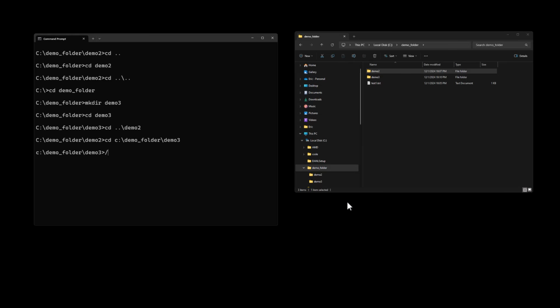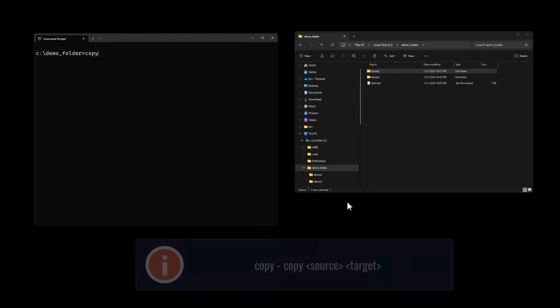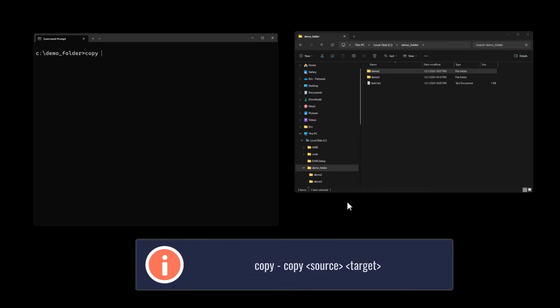Now let's go ahead and do a few more tricks. Let's go back up to our demo folder and let's clear the screen. We have this test1.txt file. Let's make a copy of it. Now the command to copy in Windows is copy. That makes it really easy. And we can say